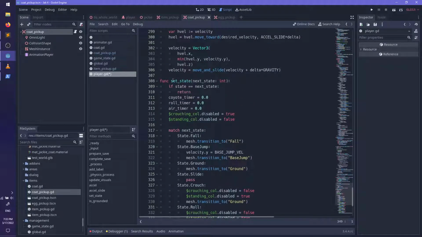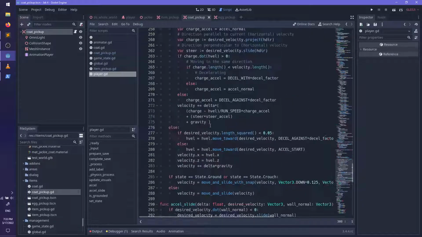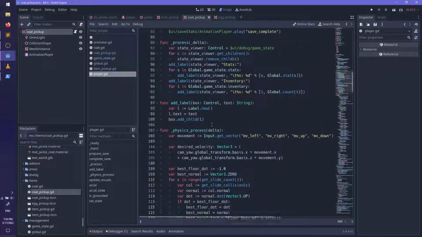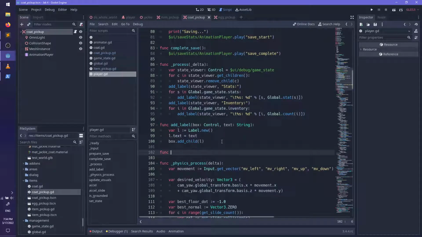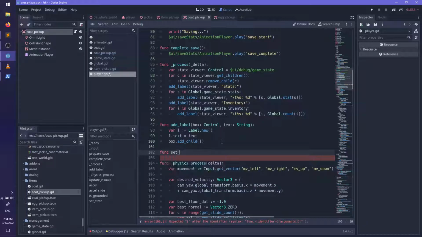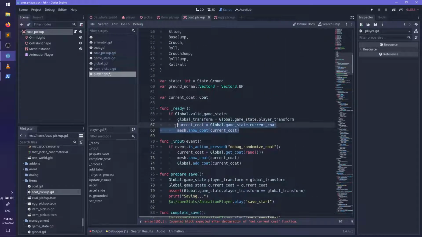I'm gonna make the set state always be the last method because that's important to me. That way I can quickly scroll down and see that, because set state's pretty important. So function set current coat. Now I can change this to